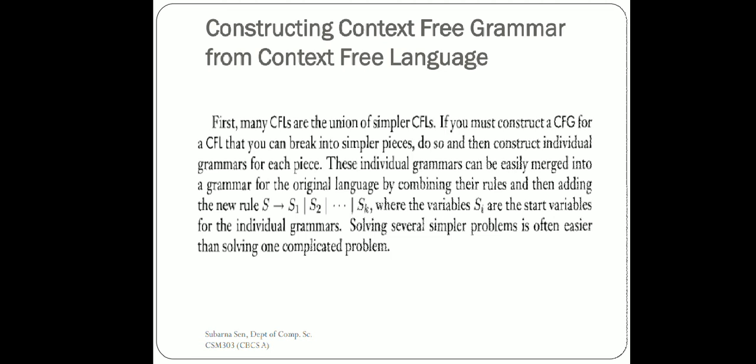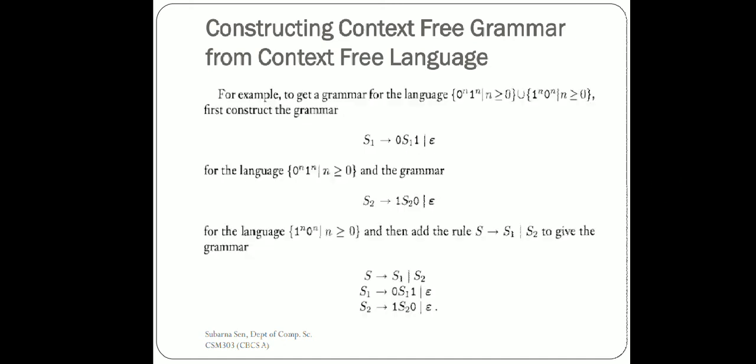That is, if we are given, say, a to the power 2n, b to the power n, then b to the power 2n, a to the power n, we will separate the grammar into two parts, first with a to the power 2n, b to the power n, and the other with b to the power 2n, a to the power n. And we will construct the grammar of each individual part, and we will just make the union of all. The concept will be clear if we see the example. Just look at the example now.